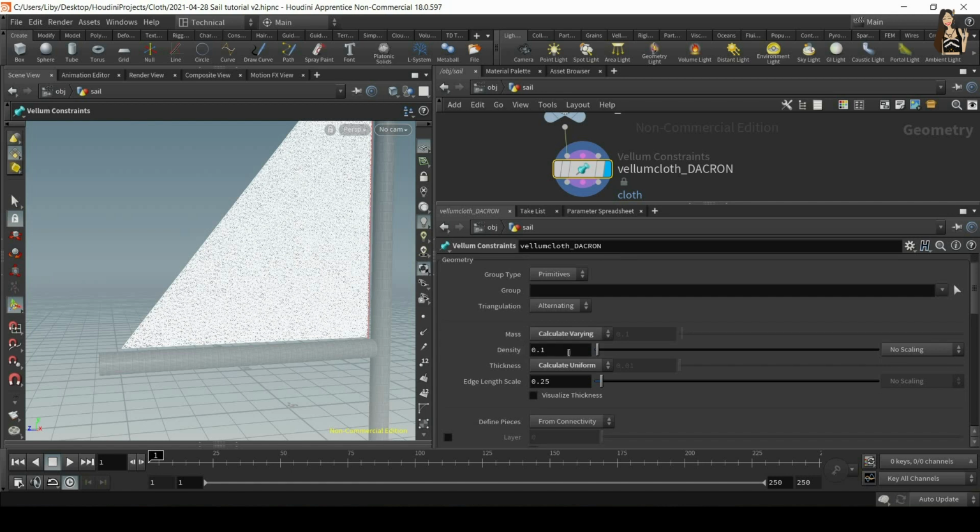So the mass of your fabric is calculated based on the number of points on the geometry. So the more points you have, the heavier the fabric. So what we set here is not the mass of the whole fabric, of the whole sail. It's the mass of each point on the sail. Okay, so let's decrease it to maybe 0.1. Because it's lightweight, I can also imagine that it's quite thin, so I will decrease the thickness as well